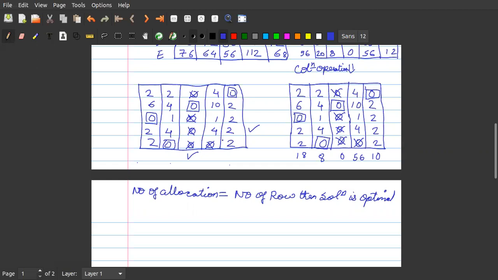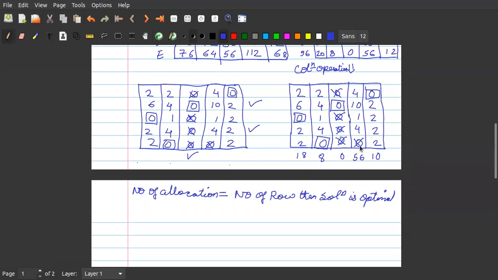Yes, sir. Okay. In the ticked column, now first is row, then the column. Now in the ticked column, wherever there is an allocation, we will mark that row. So the allocation is at row number 2. So we will mark a tick in row number 2. Is it clear, students? Yes, sir.